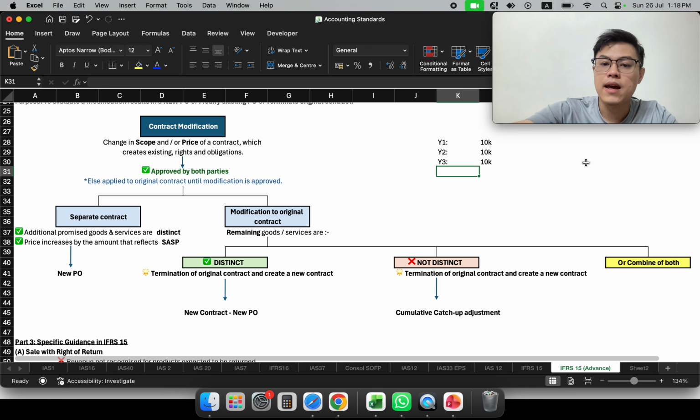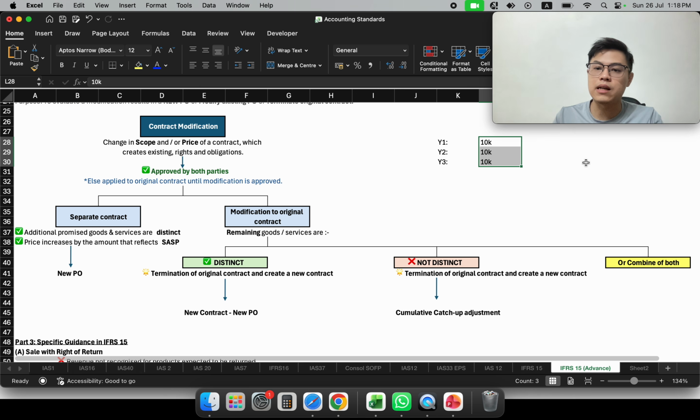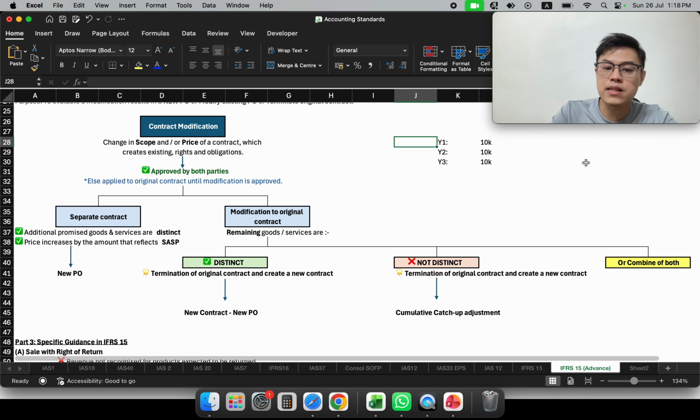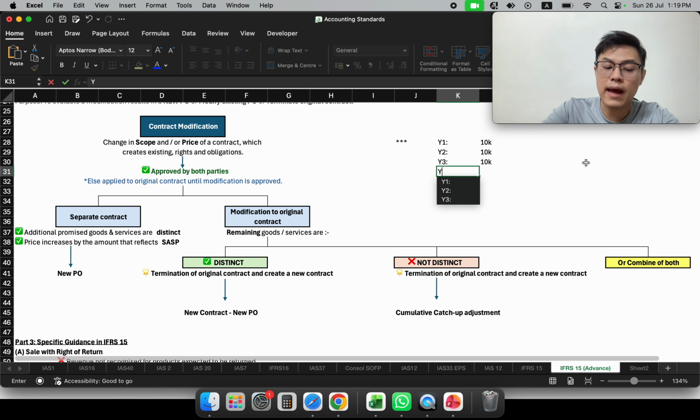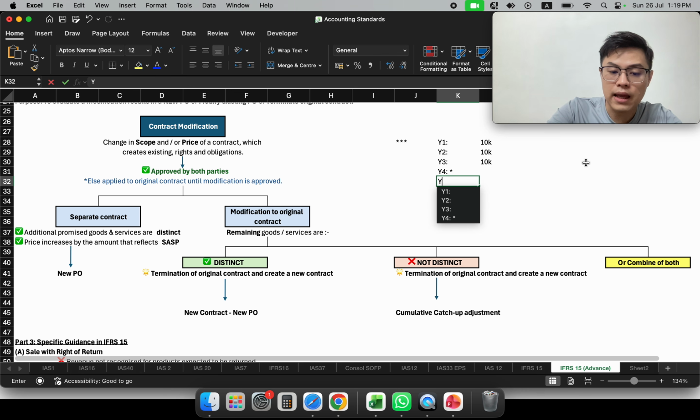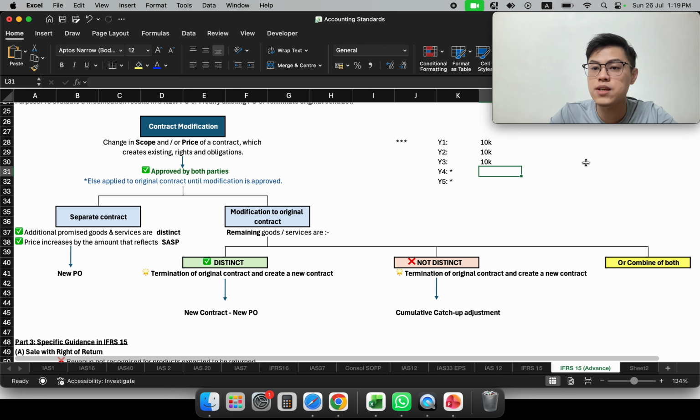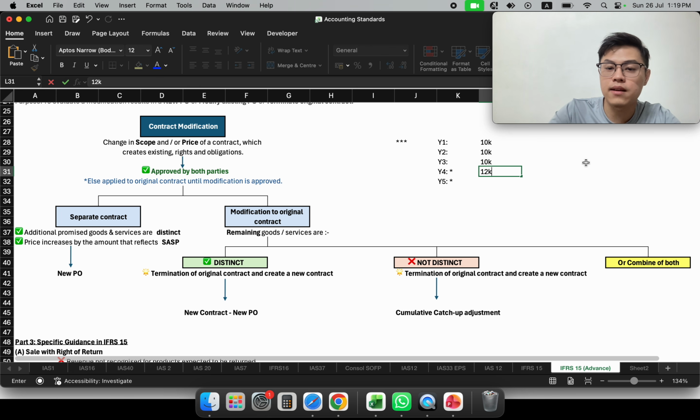These cleaning services have the same pattern of promise, therefore they are considered one single PO. Now you are still in year 1, but in the middle of year 1 you decide, hey, I want to extend to year 4 and year 5, and these extensions will cost 12,000,